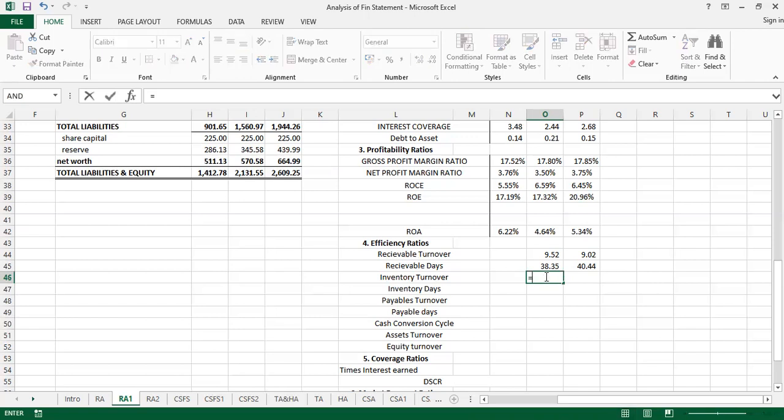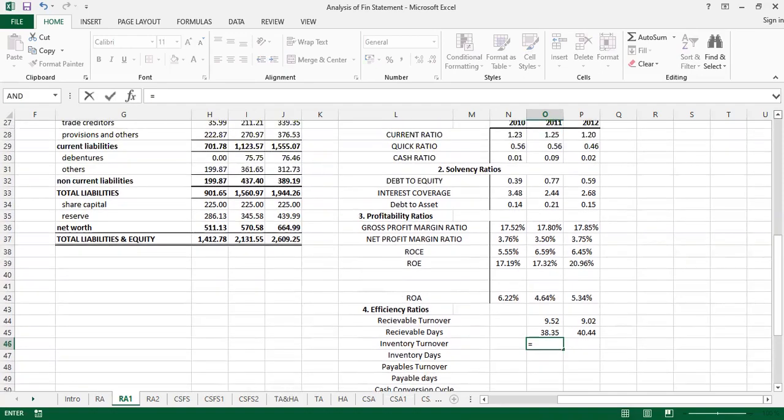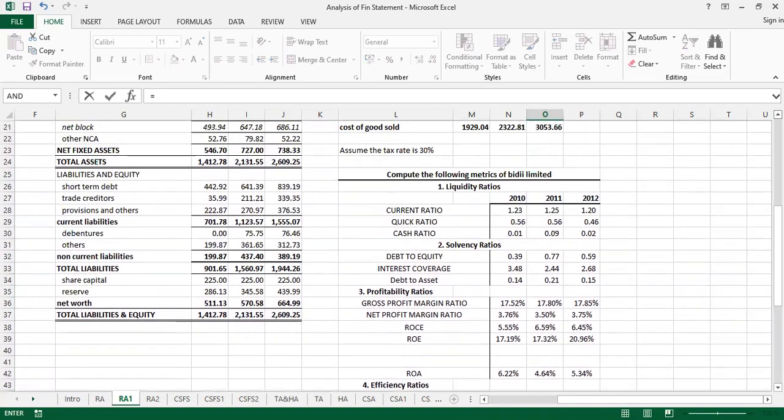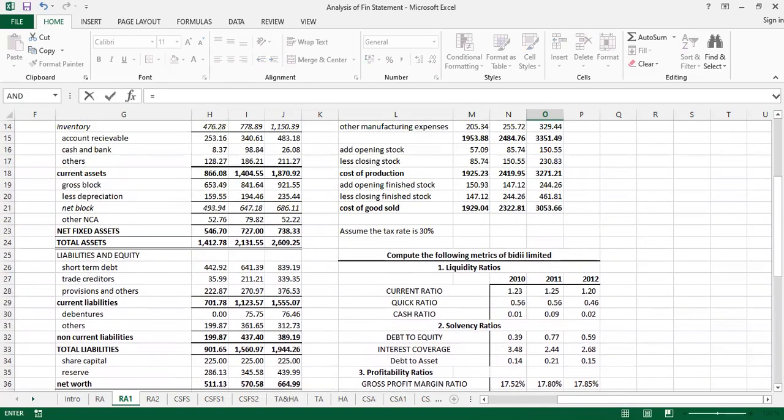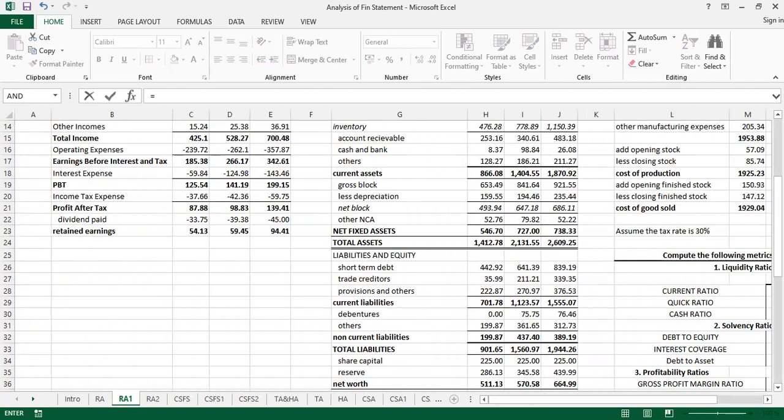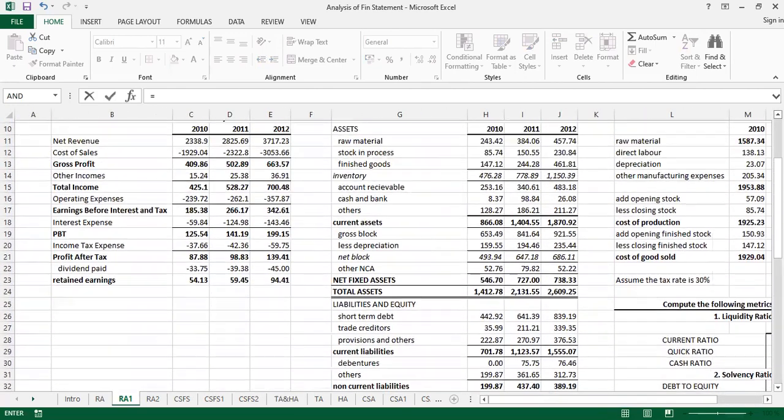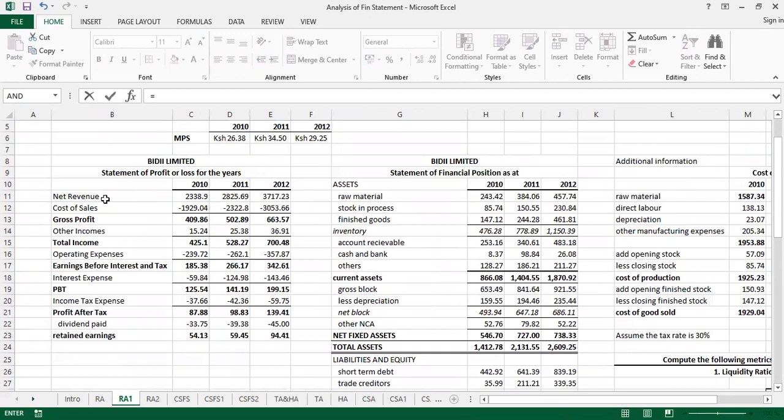So we come to our inventory turnover. How are we selling? So it's the cost of goods sold. So we'll take the whole cost of goods sold. You can take them from the statement of profit and loss, or from the breakdown of the cost of goods, and here it is cost of sales. So it's a negative. I start with a negative to make it positive. Divide by